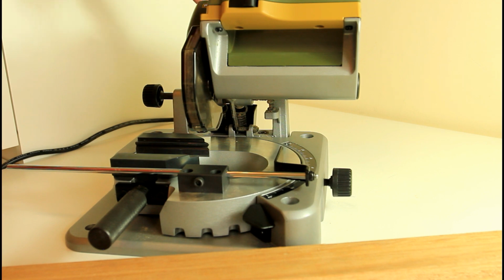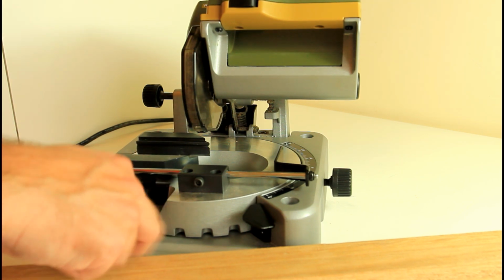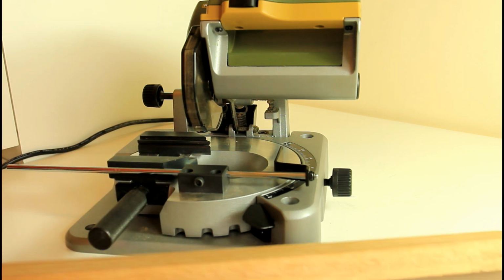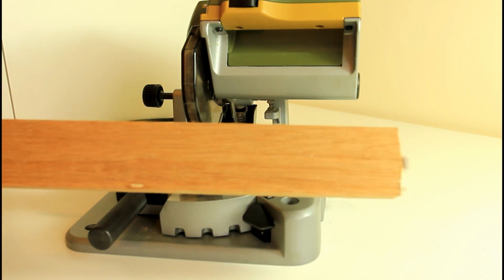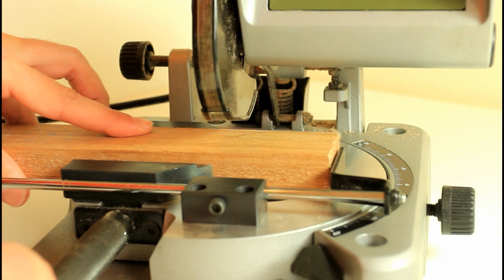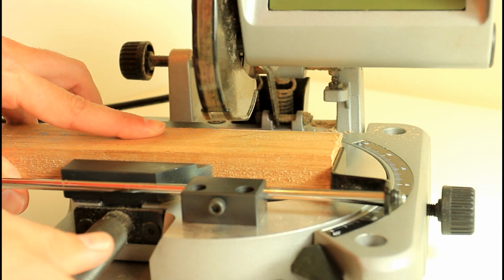As you can see, you can just use the lever on the top here just to move the saw down to see where your cut is actually going to be. And now we're going to insert a piece of wood into the cutting blade and see how it goes. This is quite a strong, tough piece of wood. So just into the vise, up against the fence, tighten,